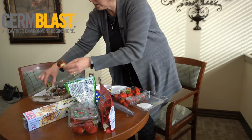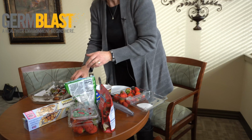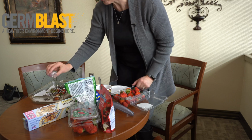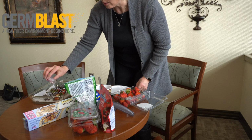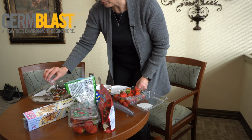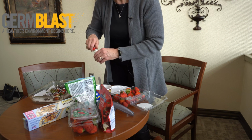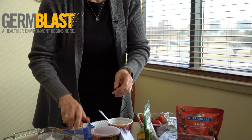All the way around. This one, I'm just going to scoot this one over. And this one, you could use some little sprinkles. And I'm sure you could find heart-shaped ones or any kinds that you like, but these are just some little red and white sprinkles. So really, the only ingredients that you have to have are the strawberries, the dark chocolate,